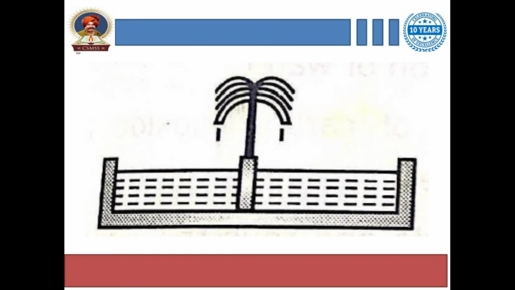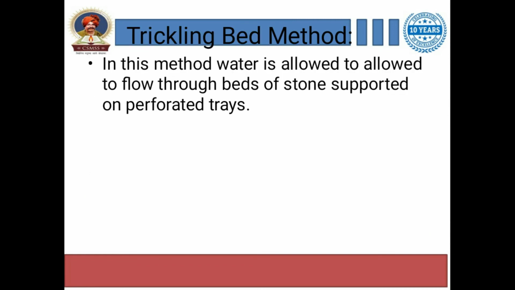So this is nothing but the air diffusion tank. Here air is diffused in this water, and air bubbles will form and it will purify or perform the process of aeration. So draw this labeled diagram also.